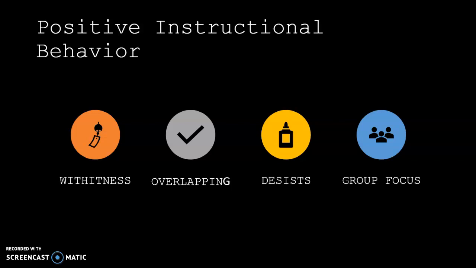To continue, overlapping is being able to multitask and handle two situations at once to maintain momentum. Let's say, for example, that a child is not paying attention, so instead of pausing and calling out the child and interrupting every other student that is engaged, you keep on with the lesson and just walk to the student and give him a stare or any other kind of nonverbal direction so that he could know that he's supposed to stop that